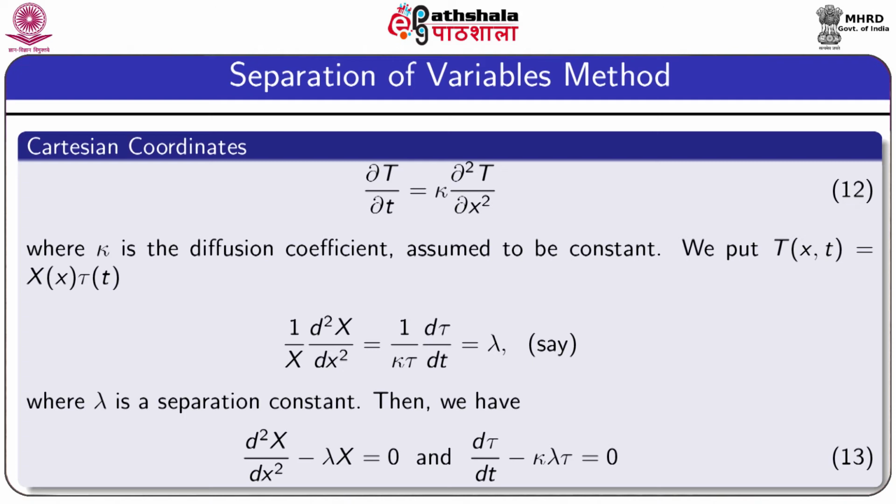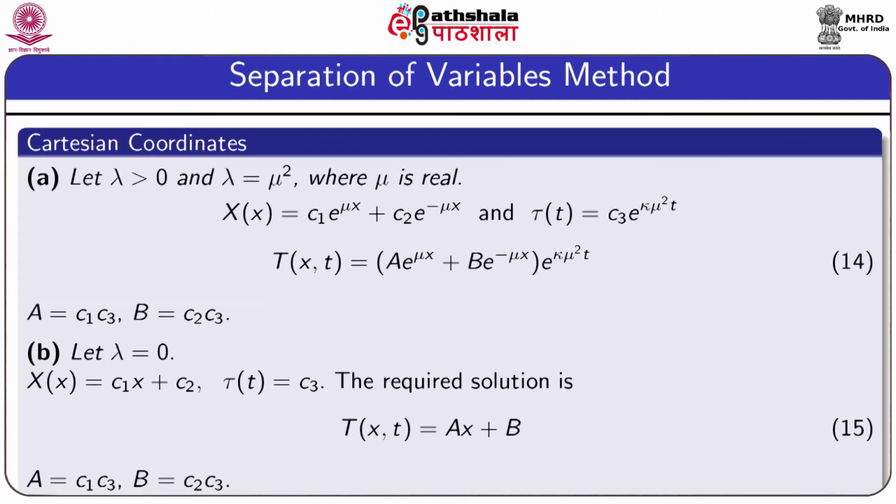Let lambda be the separation constant. So, the equations for capital X and tau become d2X dx square minus lambda X equals 0 and d tau dt minus kappa lambda tau equals 0. First of all, we assume that the separation constant lambda is a positive number, so lambda is greater than 0. So, lambda can be written as mu square, where mu is a real constant. So, putting this value of lambda,